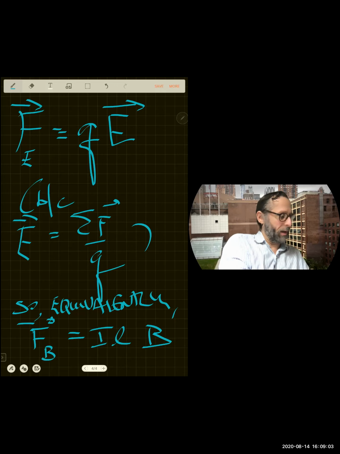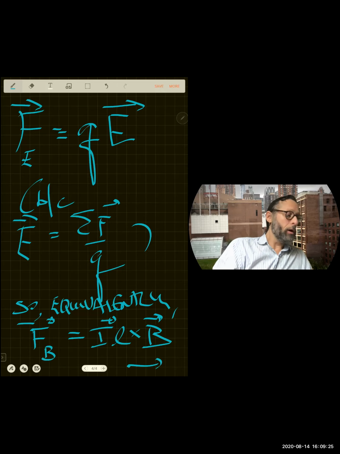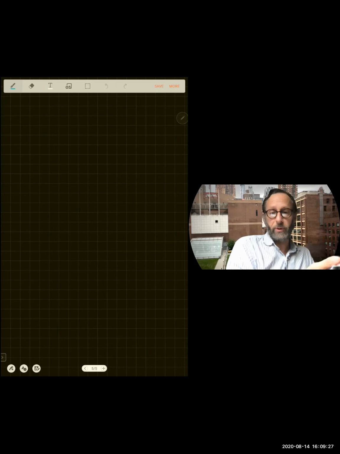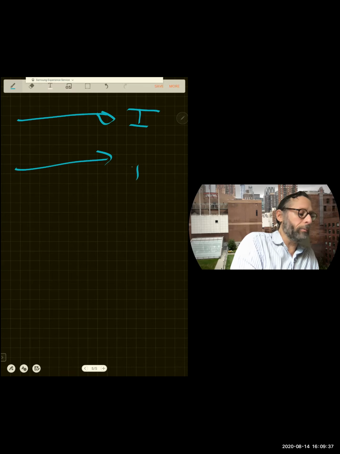But we have to be careful again, because up here with the electrostatics, it was no problem. The force was a vector being produced by simply a vector multiplied by a scalar. But here again, the magnetic field is a vector, of course, and the current that's going to receive it here is also a vector. So this must be a cross product again. So in the simplest possible case of magnetism, or the simplest observable effect of magnetism, you have one current going like this, and another current nearby going in the same direction, let's say